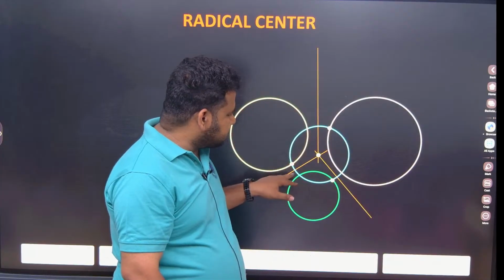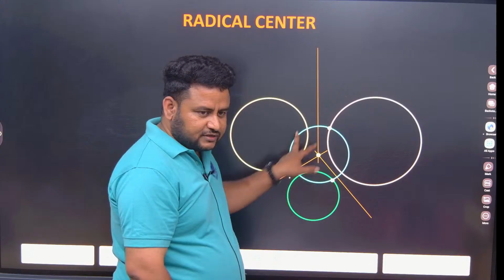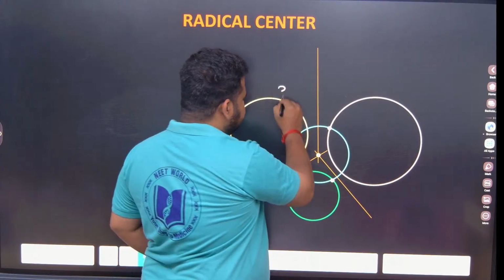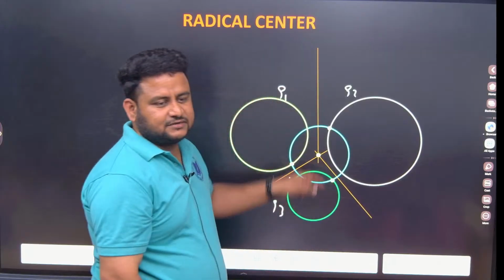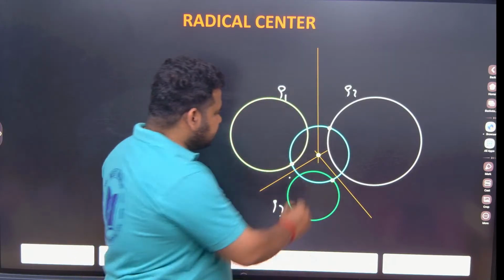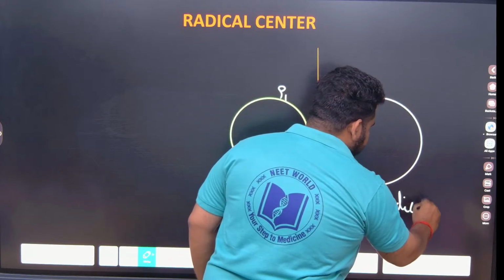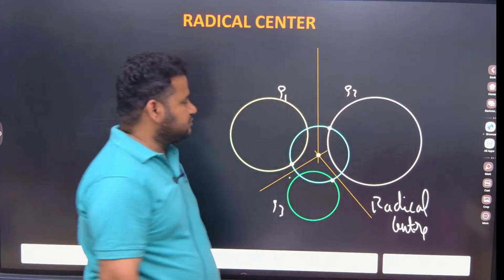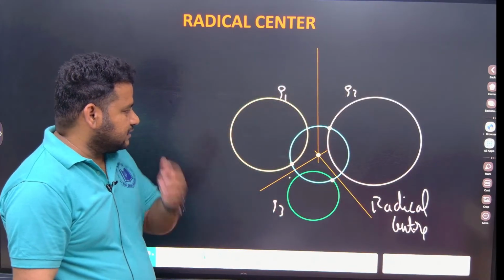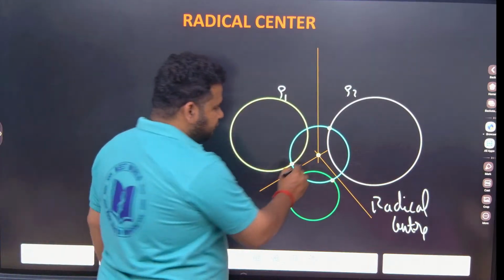For these two circles you get one radical axis, for these two circles you get another radical axis, and for these two circles another, S1, S2, S3. They intersect, and that intersection point is called the radical center. Clear? Now from this radical center,